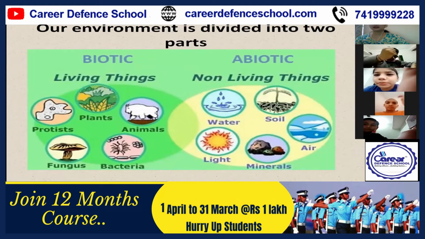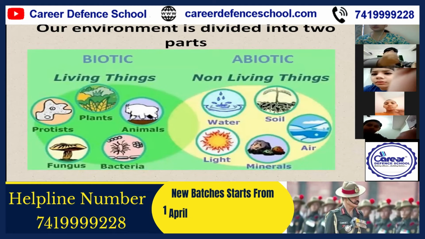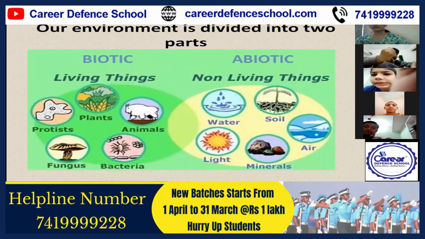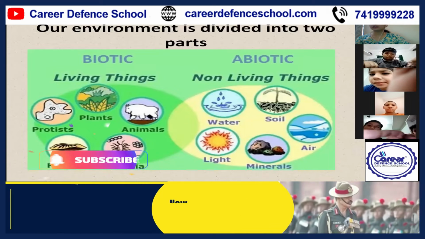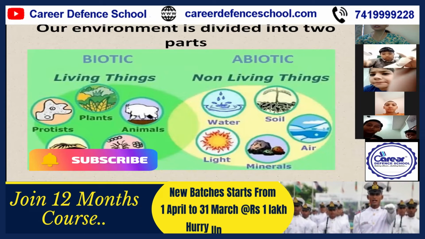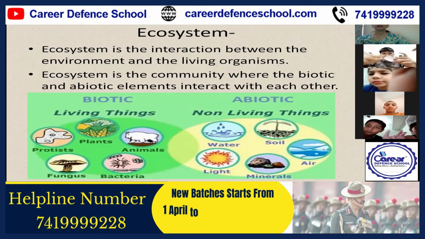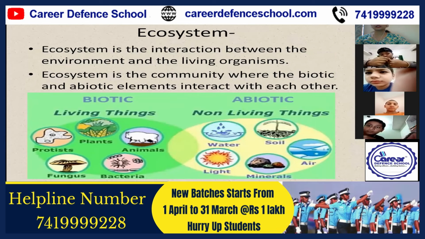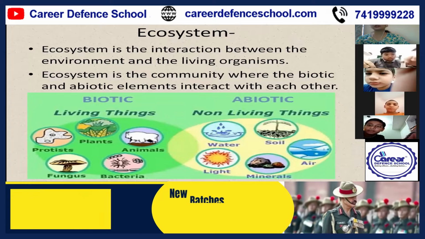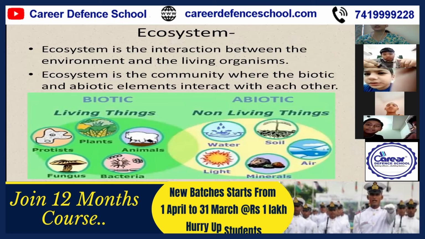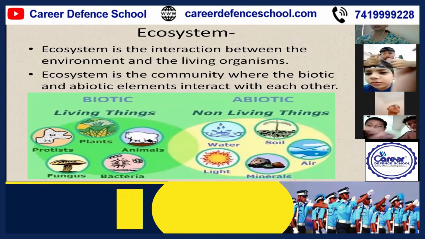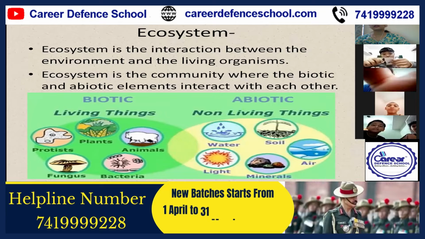Living things like plants, animals, bacteria, fungus, protozoa. And non-living things are water, soil, air, minerals, light. And we will discuss these air, water, sunlight in a brief manner. Next, what we did is ecosystem. What is ecosystem? When we interact with these abiotic components, like plants interact with air, water, sunlight, air, this